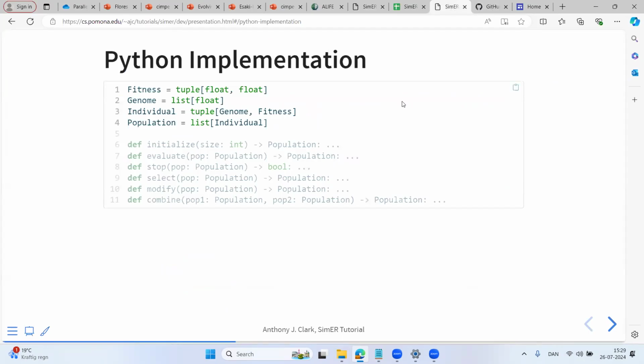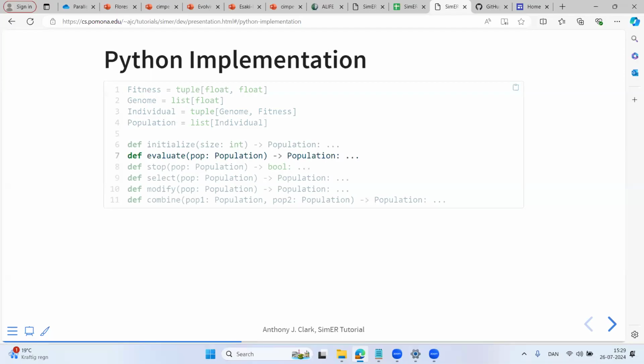But yeah, you might want to define things like what is fitness, what's your genome, what's your individual, what is your population? And here's a simple way to define all those things. So for me, in the example I'm going to show you, fitness is really 2 values, and I'll tell you why it's 2 instead of just 1. I'm a big proponent of using both a viability or feasibility value along with a fitness value. Here, I'm not doing anything more complex. My genome is just a list of values that I'm optimizing. And then my individual is just those 2 things paired together. And my population is just a bunch of individuals.